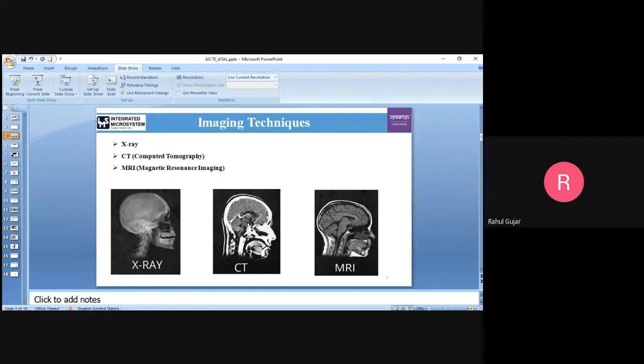So these are the three imaging techniques which have been used for imaging purposes. As I told you, out of these, CT scan is of less cost and faster than MRI, and therefore in hospitals CT scan images are widely used compared to MRI images. This is the basic difference between CT and MRI.